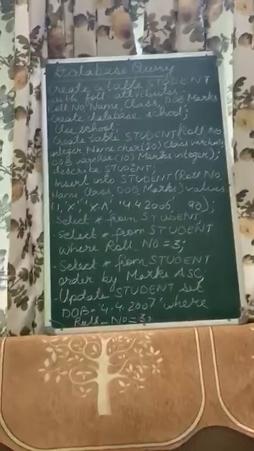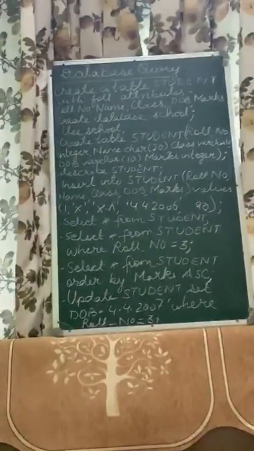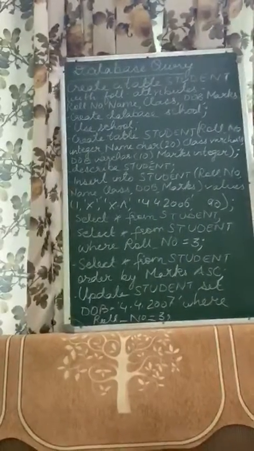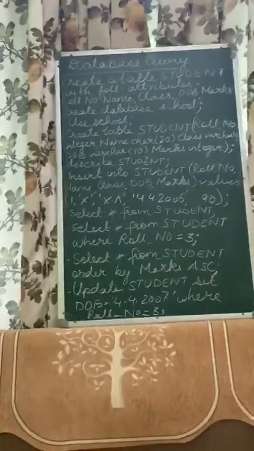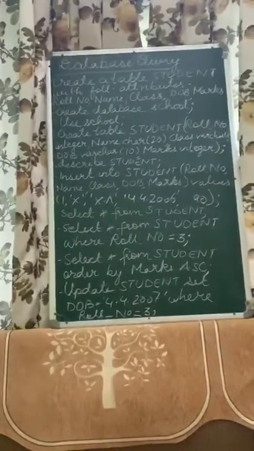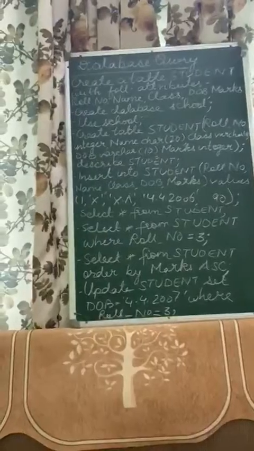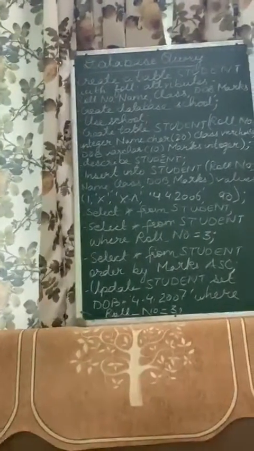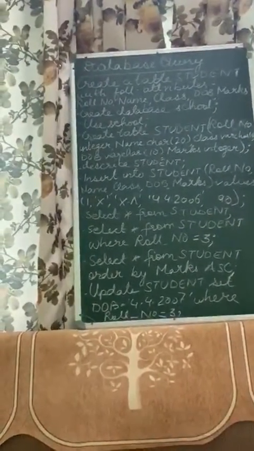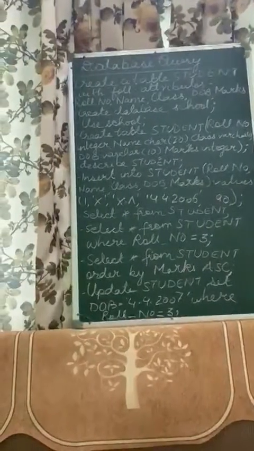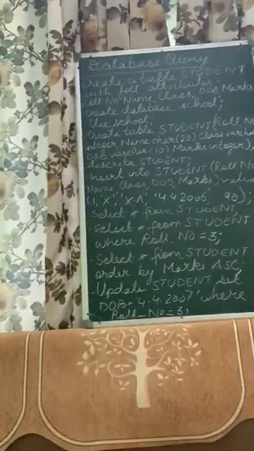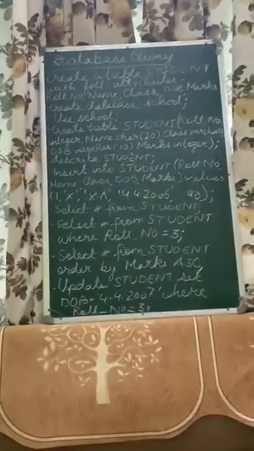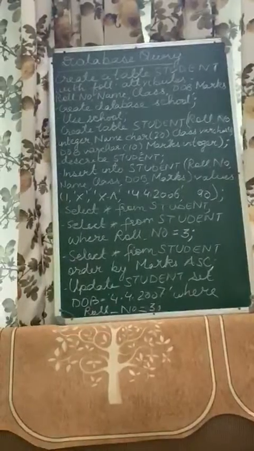Now you want to see this created table and its data types, so I will write the command describe student; and it will show you the table, data types and their range. Once I have created the table, I will start inserting values in it. So: insert into student, you mention the field names, roll number, name, class, DOB, marks, then bracket close, values. Then after values I will write the actual values.